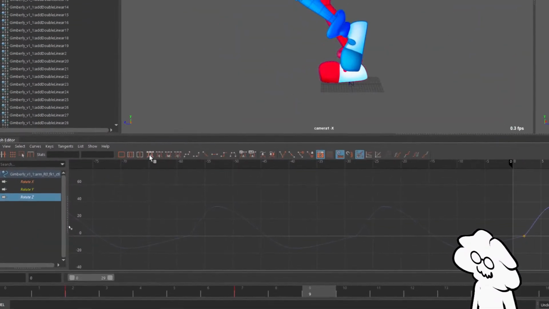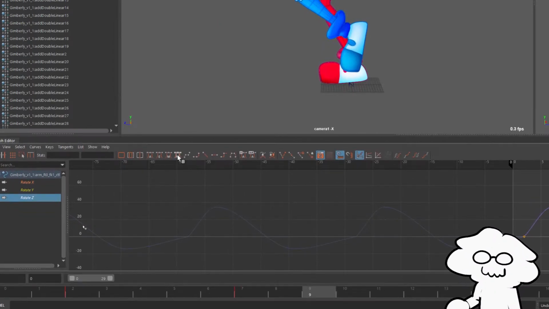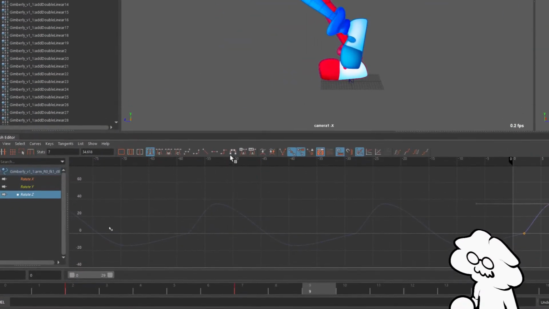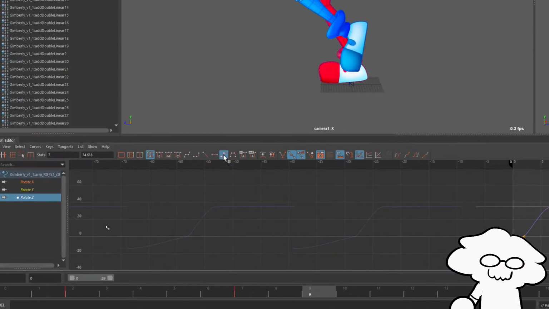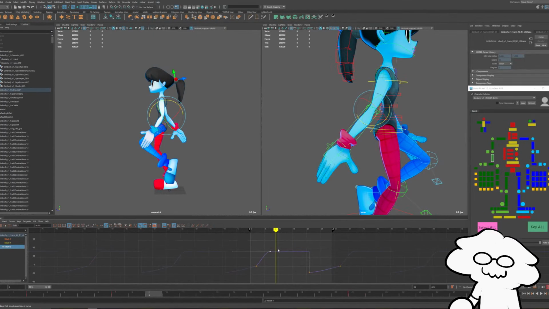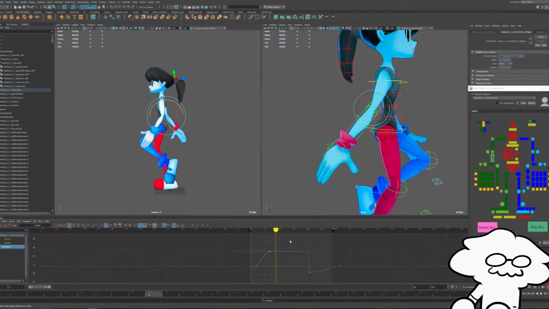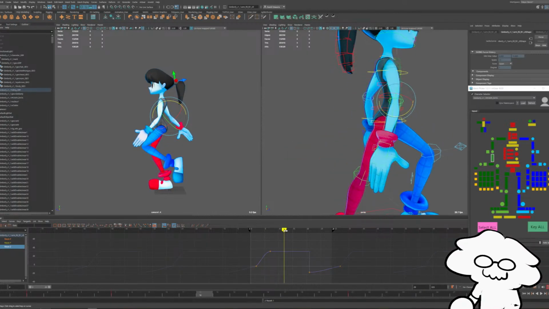Yeah, all of these are basically ways to affect the curves themselves. For example, stepped keys will change the curve so that it stays consistent up until it meets the next key, and then it drops down immediately. Like after frame 9, it stays where it is.